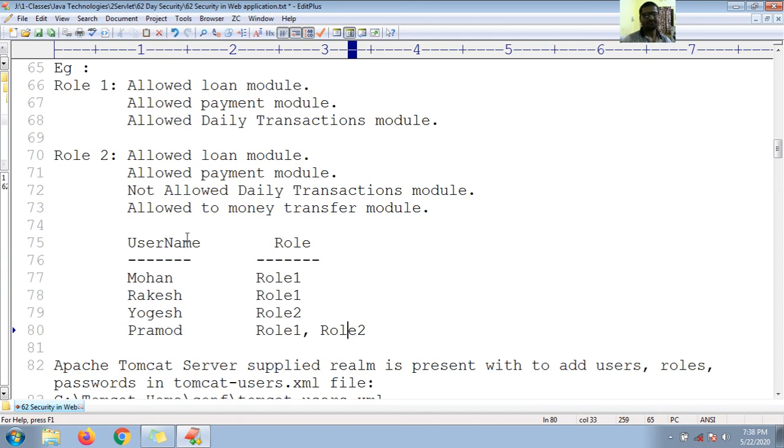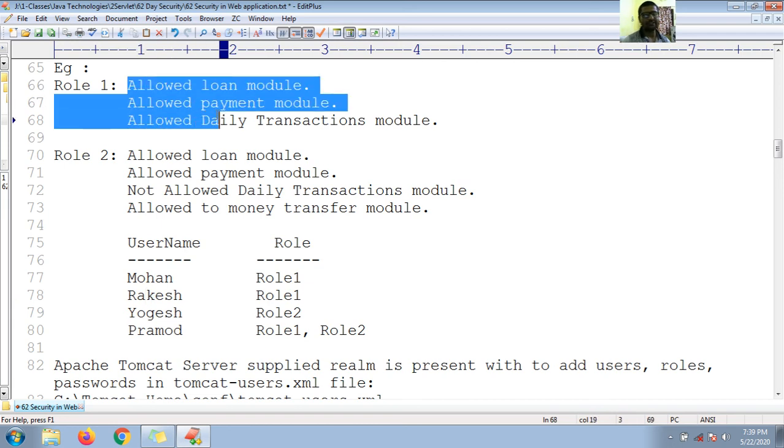Okay guys, so in this case Mohan is capable of doing loan, payment and daily transaction module operations, and Rakesh is also capable of doing loan, payment and daily transaction modules. It means Mohan and Rakesh can do all three operations by applying role 1 once.